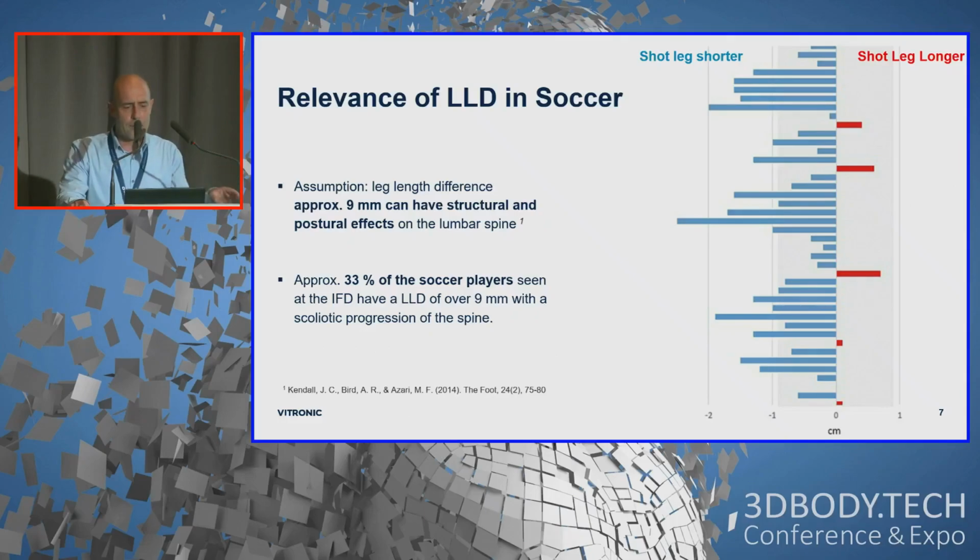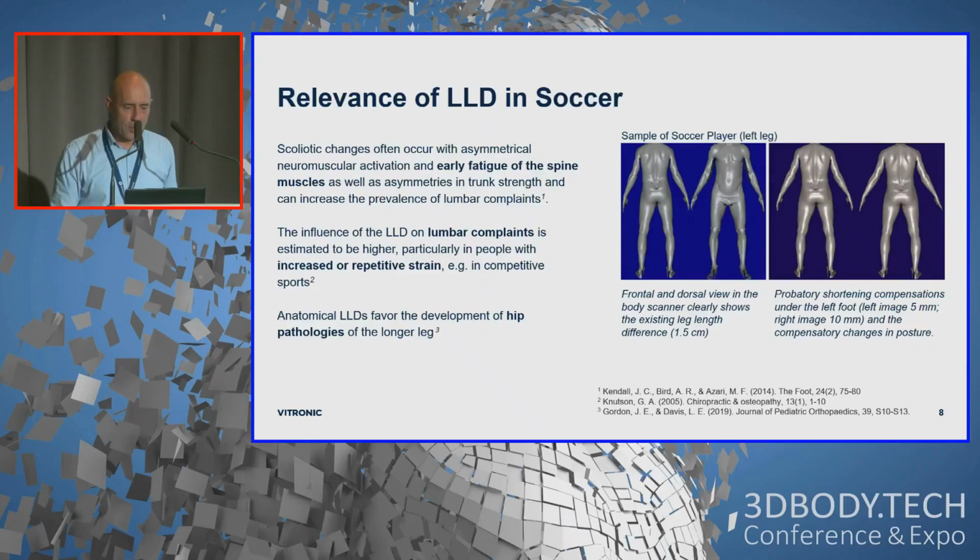A leg length difference of approximately 9 millimeters can already have structural and postural effects on the lumbar spine. 33% of soccer players have a leg length difference of 9 millimeters with a scoliotic progression of the spine. Scoliotic changes often occur with asymmetrical neuromuscular activation and early fatigue of the spine muscles,